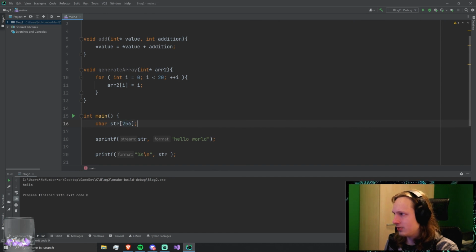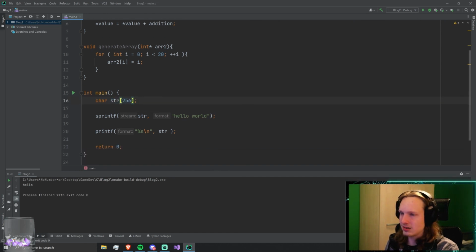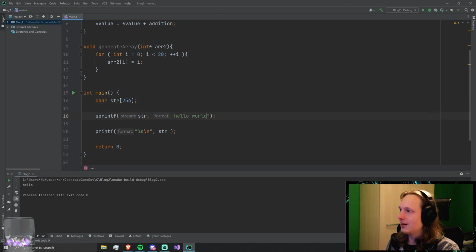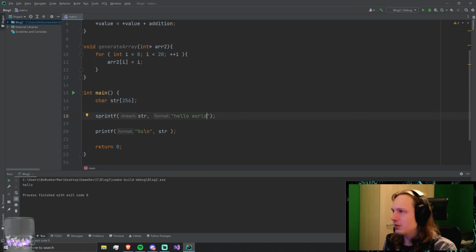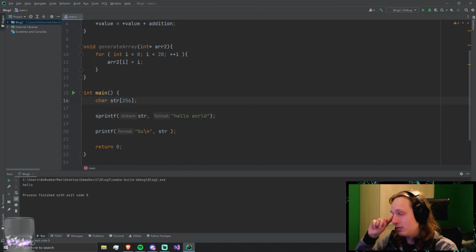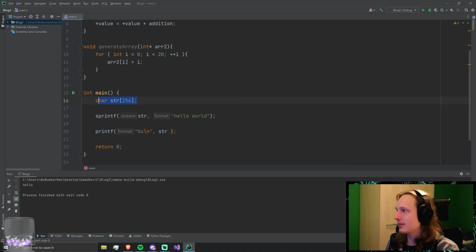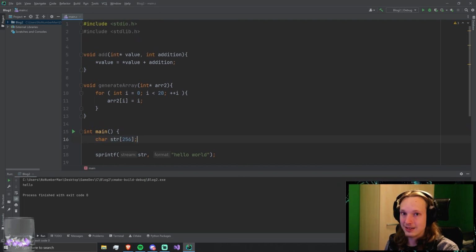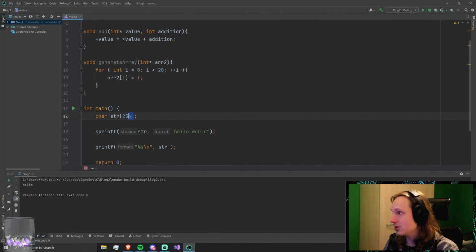So having 256 as a base for a single line is usually enough, right? There are very few lines that are longer than this, but it is important to keep that in mind, because there are cases where 256 will not be enough. And then maybe just dynamically assigning a string with calloc, which is still possible, right?